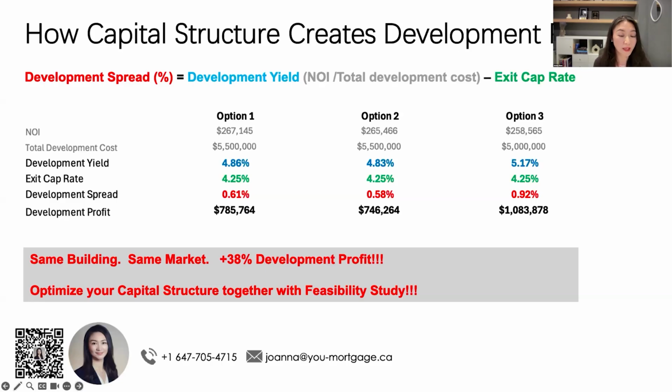By combining them, from this case you can see we can structure the rental at the early stage. It's not like you give us a rental profile and it's not going to change. So when we plan that early, everything can happen. I would suggest everyone optimize your capital structure together with the feasibility study. So yeah, that's my first case to share today.